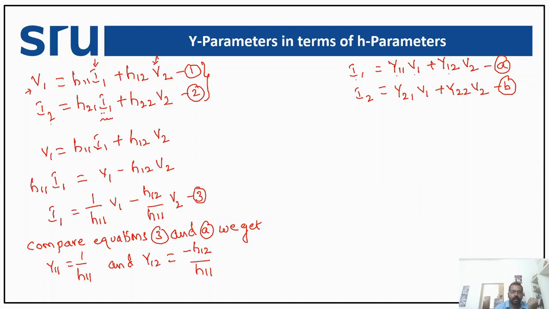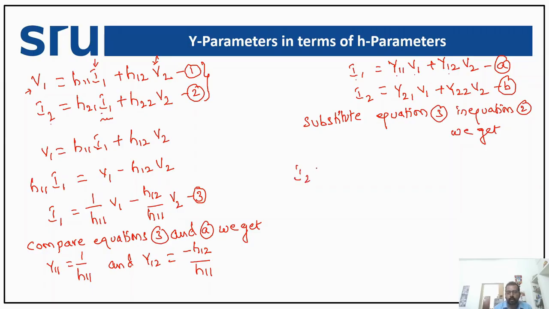We shall eliminate I1 from equation 2 by making use of equation 3. Substitute equation 3 in equation 2, we get